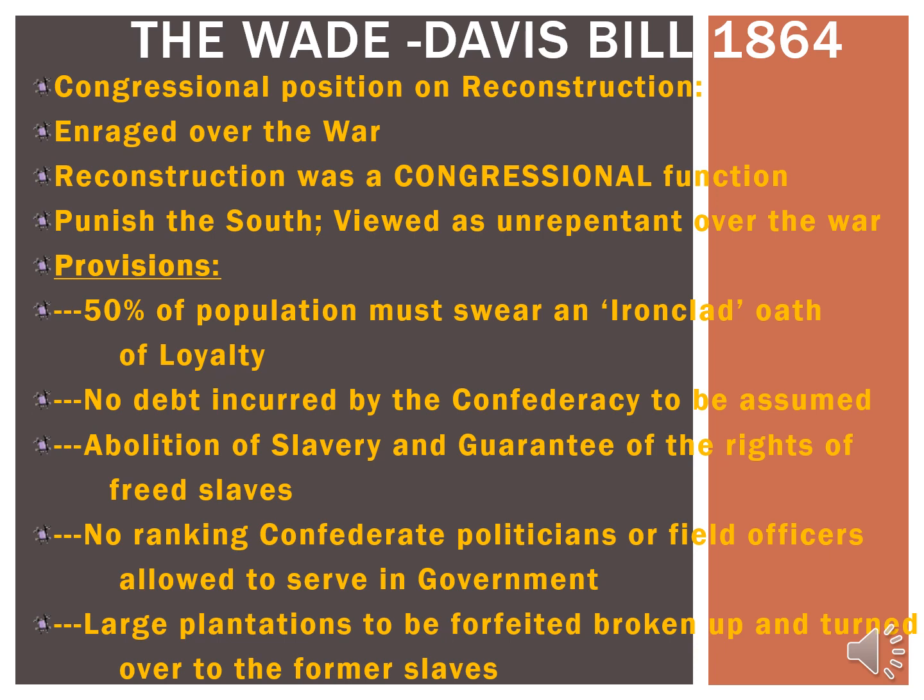So let's put all that together. Congress's idea about Reconstruction then is to punish the South. They're unrepentant over the war. That means that they're not saying they've done anything wrong, that they have every right to fight this war, and that everything they've done in this war is completely legal and above board. They did it because they felt that it was right. 700,000 dead. That's to the good. What? No.